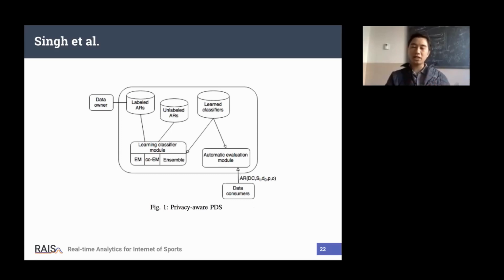In the initial time, maybe the system needs to confirm and make the label with the user. The user labels some questions, maybe 10 or 15 access requests. After that, this system can work automatically.